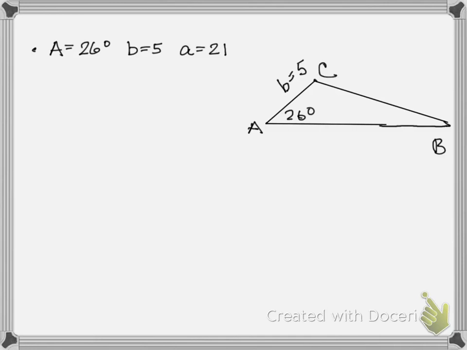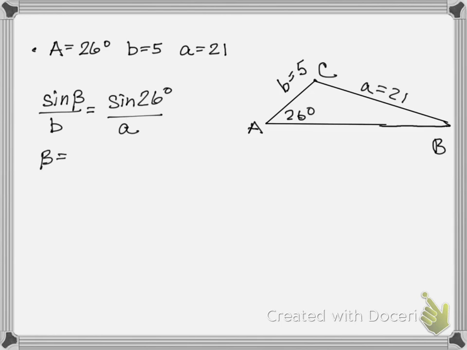Okay, we're going to go through the same process. Let's write in A is equal to 21. We're going to use our law of sines. I'm going to be looking for angle B. I know side B, and I have angle A. I'll do the sine of that over side A. And let's see what we get for B. B is equal to the inverse sine